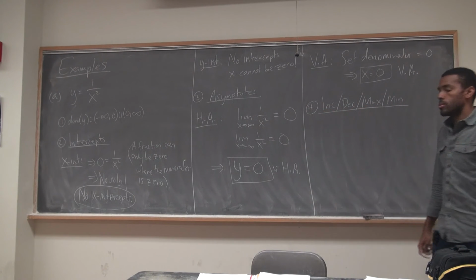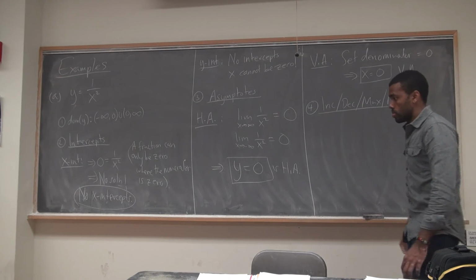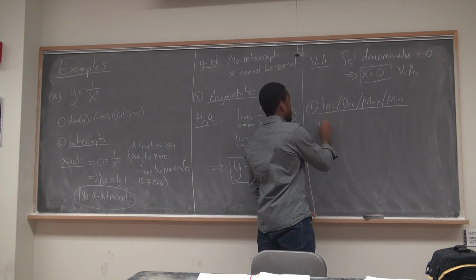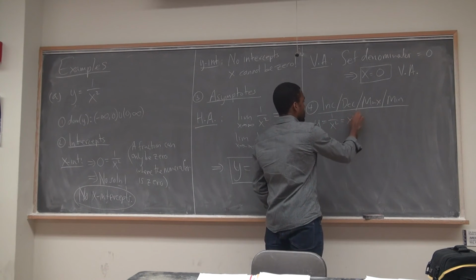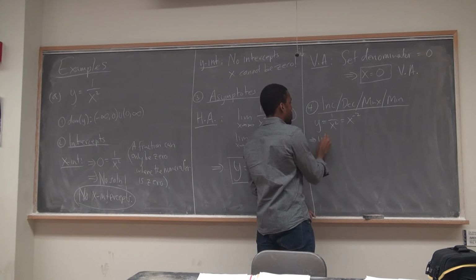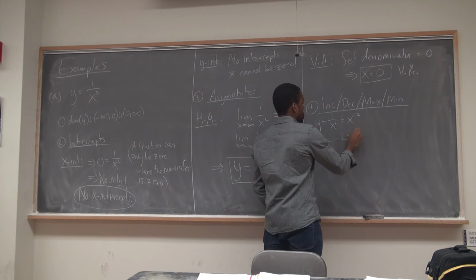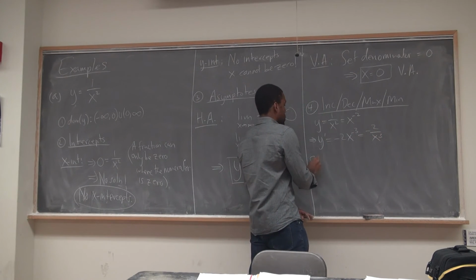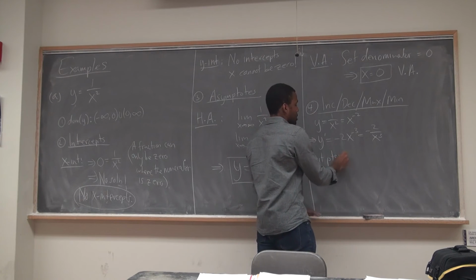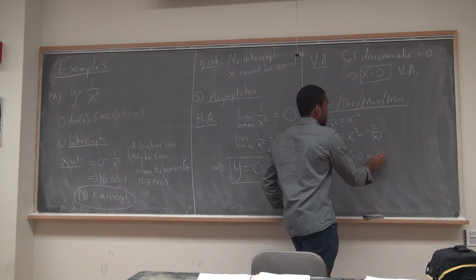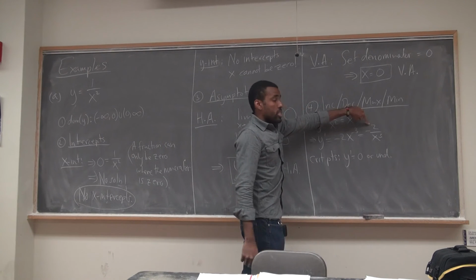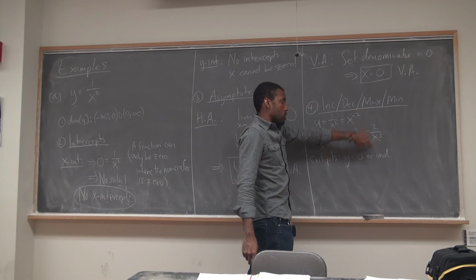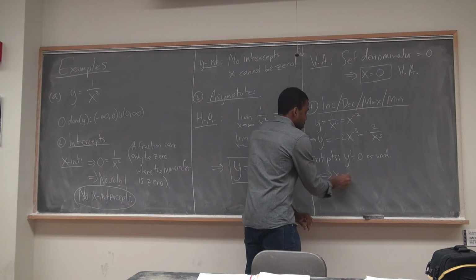How do I figure that out? First derivative. The first derivative is what gives me that information. So my y is equal to 1 over x squared, which I'm going to think of as x to the minus 2. This means my y prime will be minus 2 x to the minus 3, or minus 2 over x cubed. Critical points. This means y prime equals 0 or undefined. This is never 0 because the numerator is 2. 2 is never 0. But it is undefined when x equals 0. This means x equals 0 is a critical point.